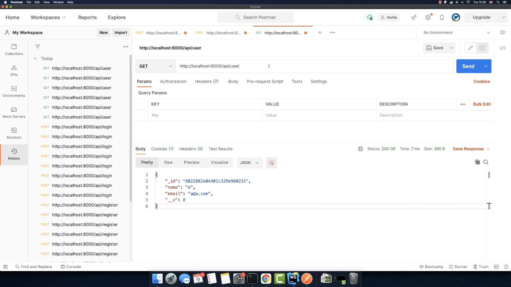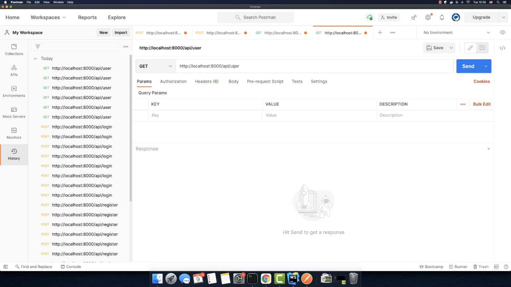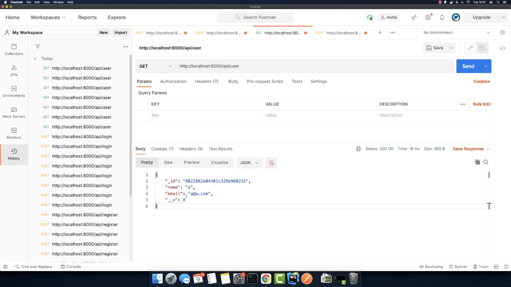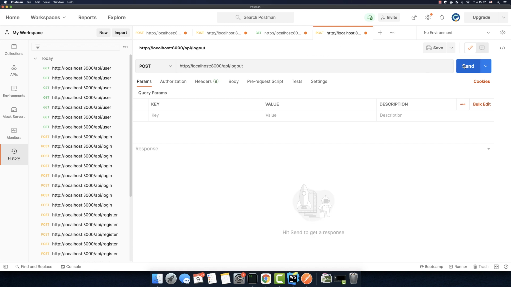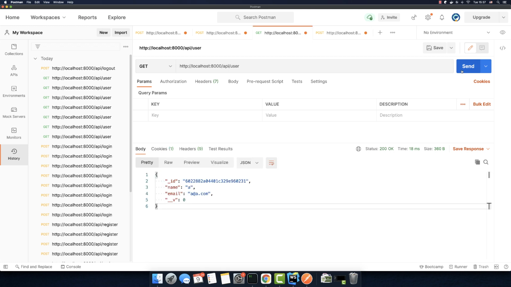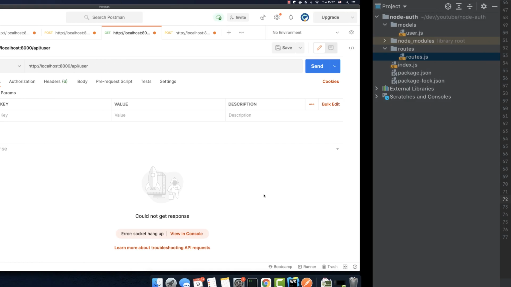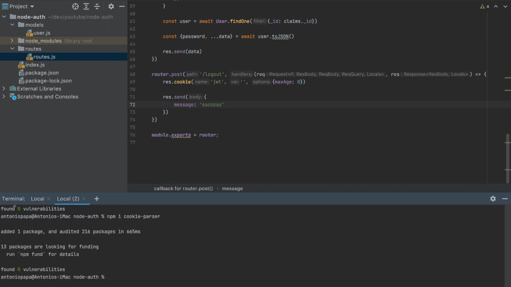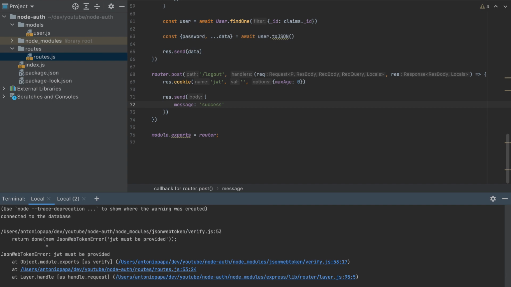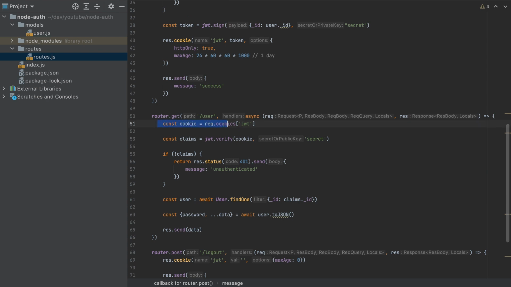Now let's test it. So I'll copy the URL, paste it here, logout, and we will send a post request. So in the user, we got a cookie and we successfully get a user. If we send a post request here, we get success, but we remove the cookie. Now, if I send the request again to the user, we get an error. Why is that the case? It's because the JWT must be provided. So if we use it like this, this will throw an